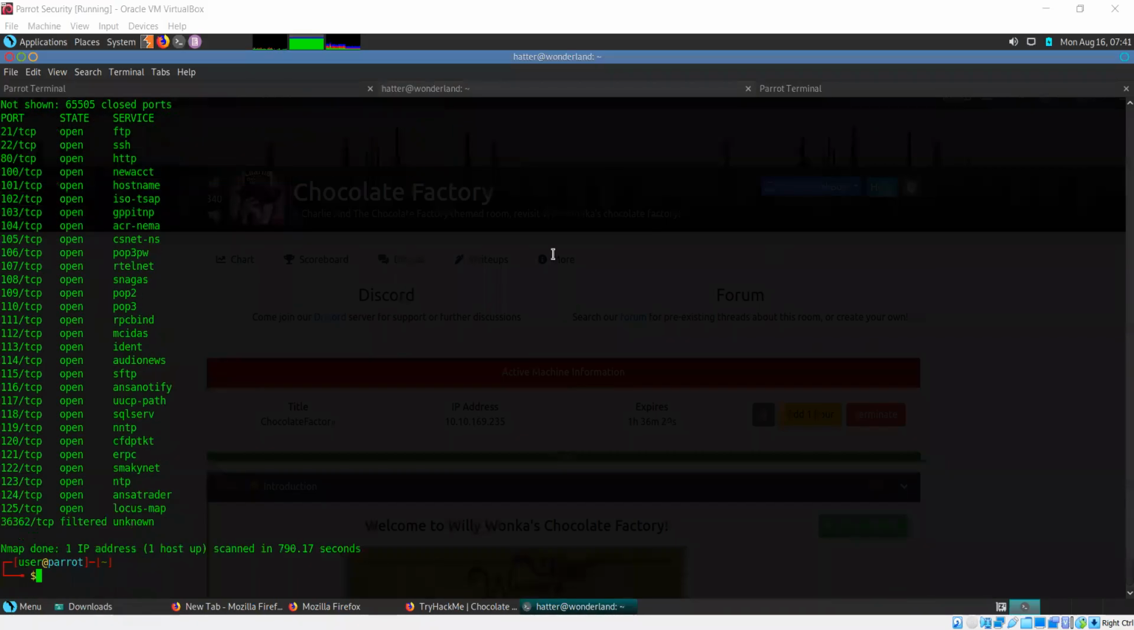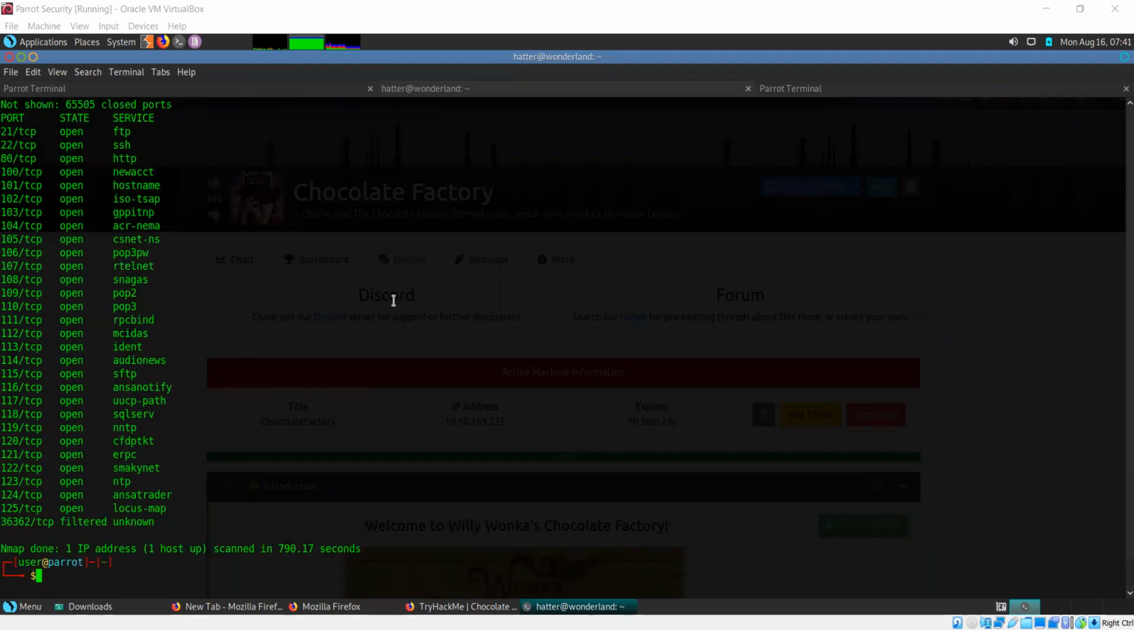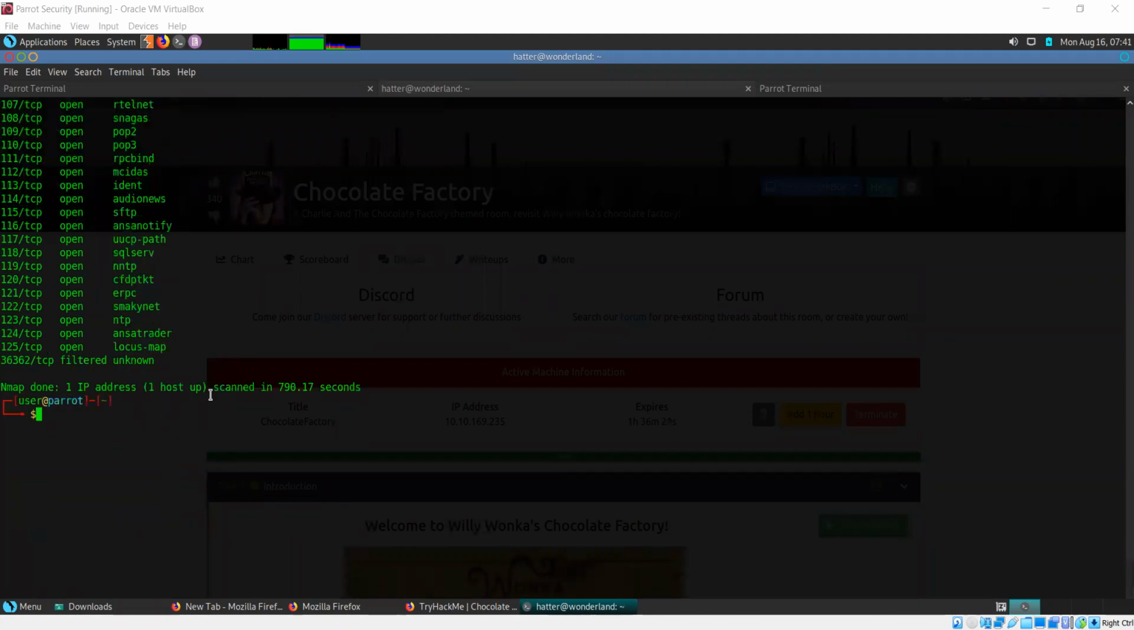All right, so we have the scan results back as well, and there are quite a lot of open ports here. There are 29 open ports and one filtered port, and okay, so that's really a lot of open ports. So what we'll do is we'll perform another scan,